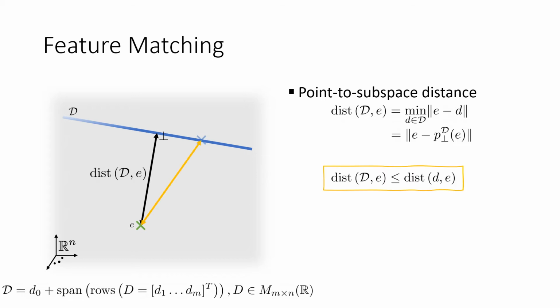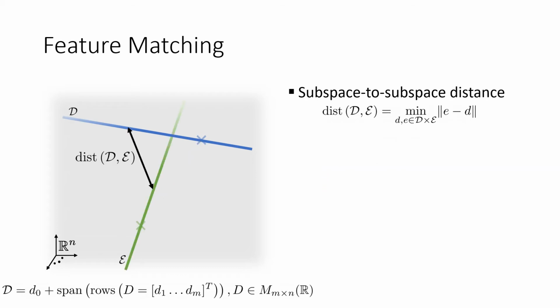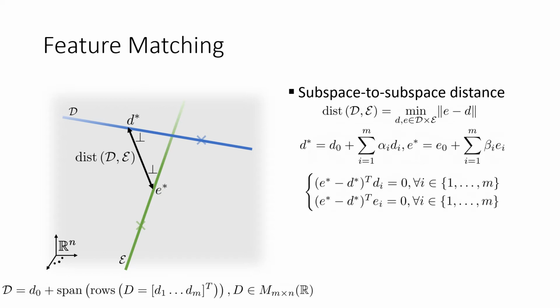Further, since the original descriptor is part of the subspace, the point-to-subspace distance is upper bound by the original point-to-point distance. Next, let us consider the subspace-to-subspace distance, which is useful for comparing two private descriptors represented as m-dimensional affine subspaces. Given 2 points D star and E star in the two subspaces respectively, which achieve the minimum, a sufficient and